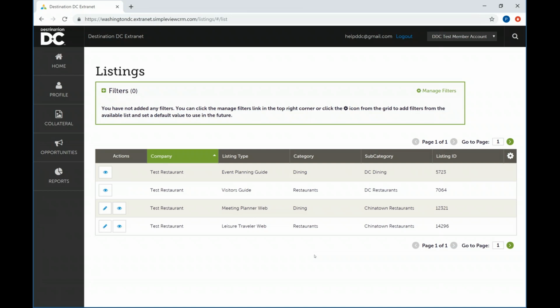The last 2 that you see on this page, the meeting planner web and the leisure traveler web, those are your online listings on Washington.org. The best way to think about them is they're your business profile page on our website. If you click the little icon here,